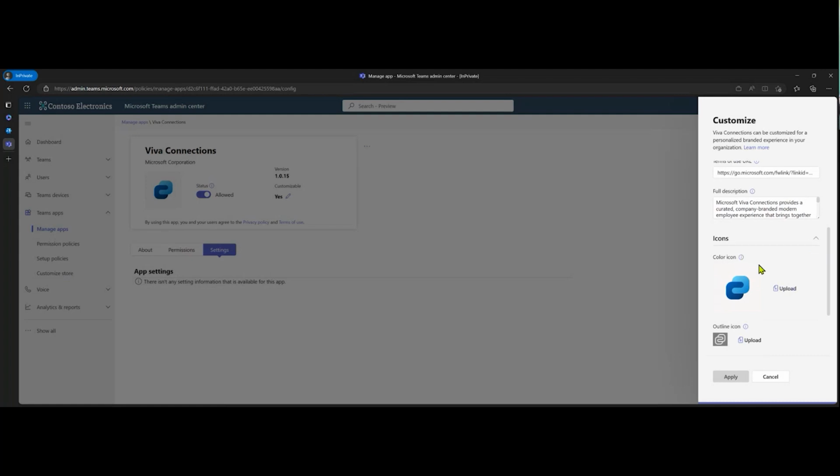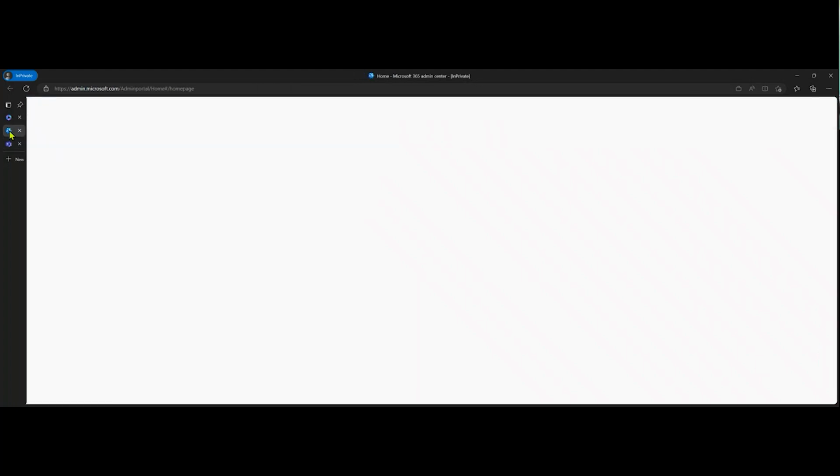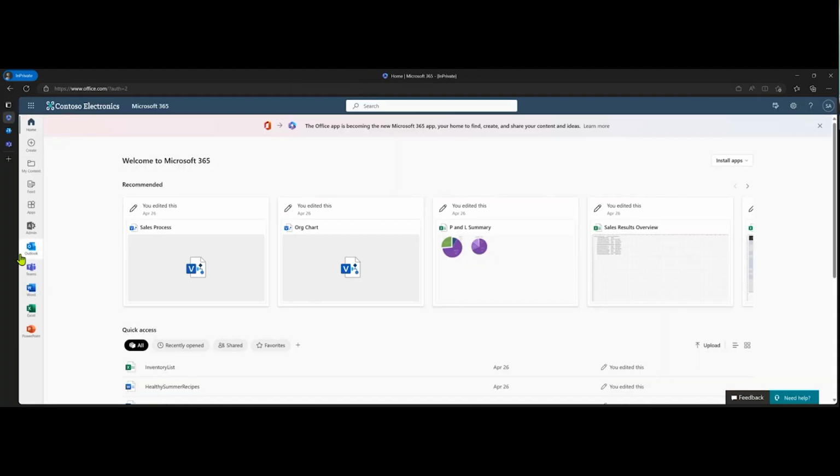And then you can change the connection. There's specific standards for these icons that we have documented, so you can upload and replace the icon. And then there'll be your color icon, your outline icon, and you can set your colors. And so this will give you a little bit more of a branded experience. And then if we look at this within Teams itself, the other thing that we recently added, which would only apply if you are using the new experience that we talked about, I believe in week 2, is a background image that you can put on the app at the top, in the banner. So we'll look at this here in a second as it loads.